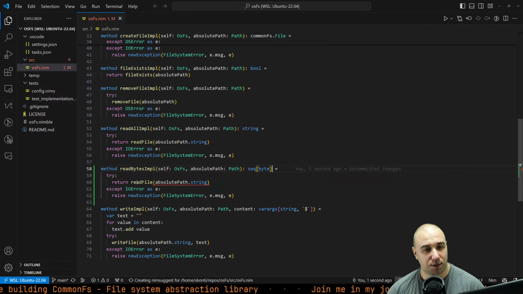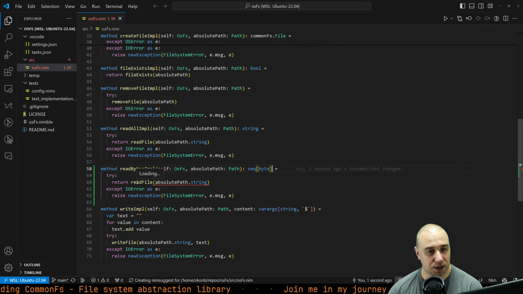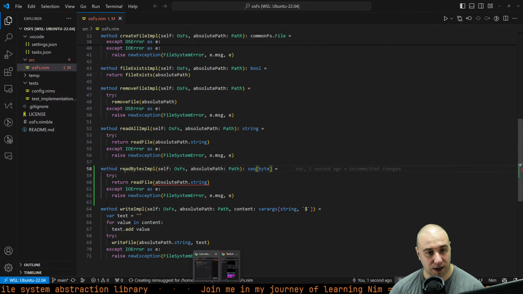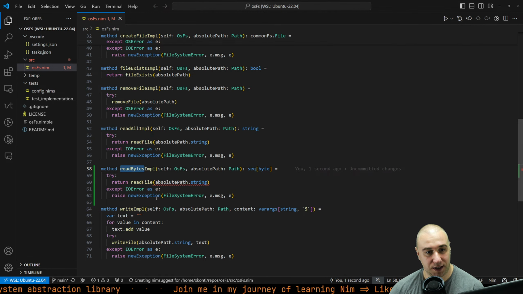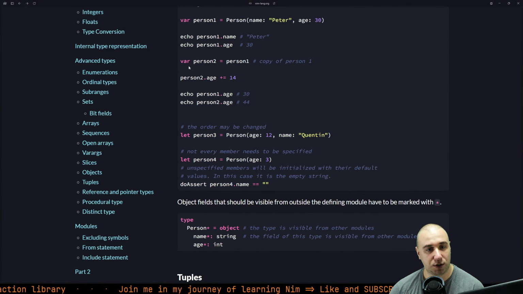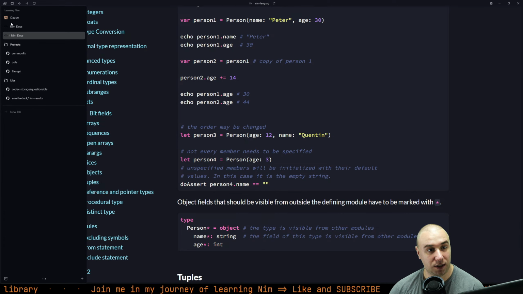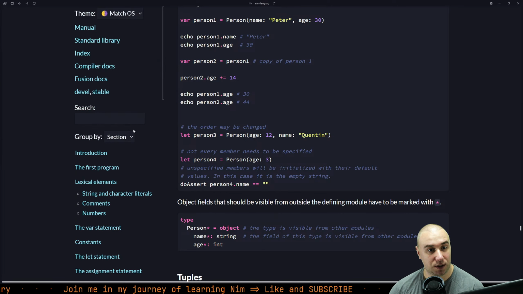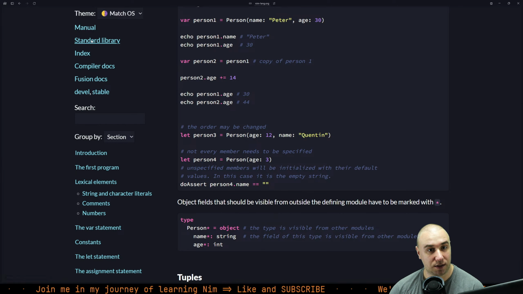So suddenly the read file won't work. We need to find something that will be reading the bytes, and that name, read bytes, comes from the standard library, because initially we did the research, so I should, in theory, be able to just go to the standard library